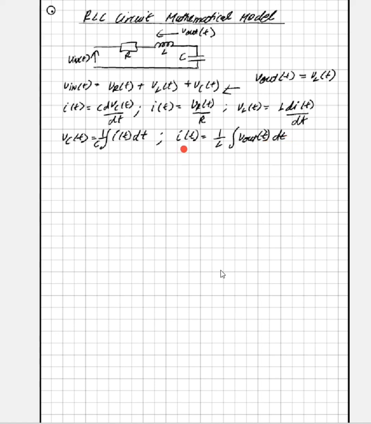Now we can substitute I of t into this equation. Vc of t is a double integral of voltage output. And it's scaled by 1 over LC. Now we can make Vc of t the subject of this equation. So that's V in of t minus VR of t minus the voltage output. And if we replace Vc of t with this,